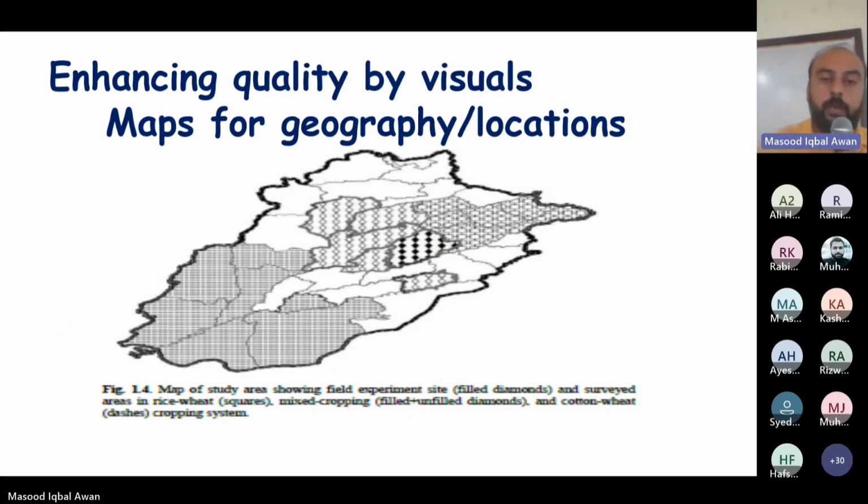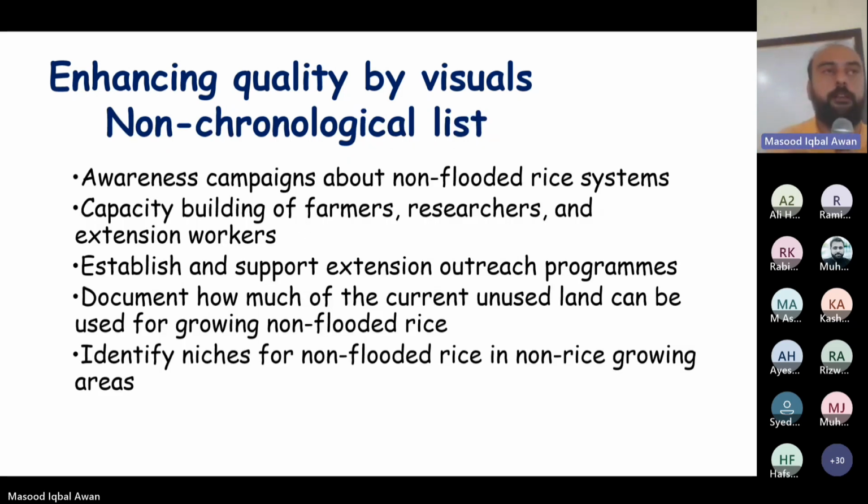We can use a map for showing geography or locations. And if we are presenting a list of items in any section, for example in the discussion or conclusion, where on the basis of your research you are presenting certain recommendations,